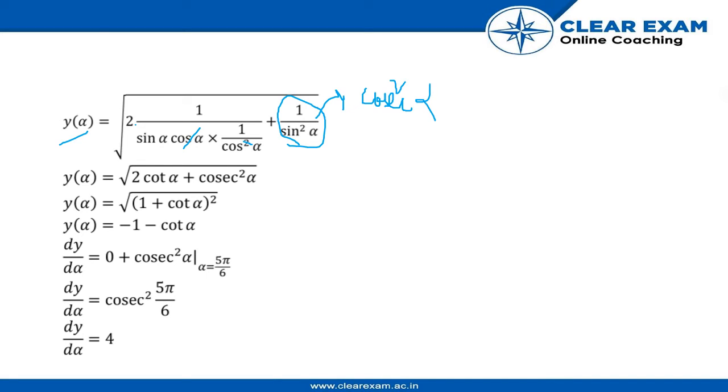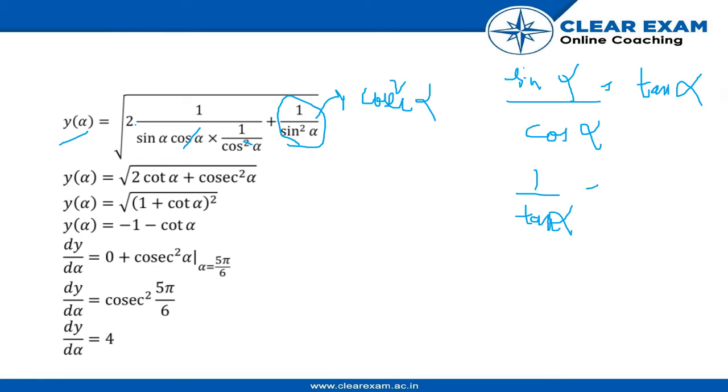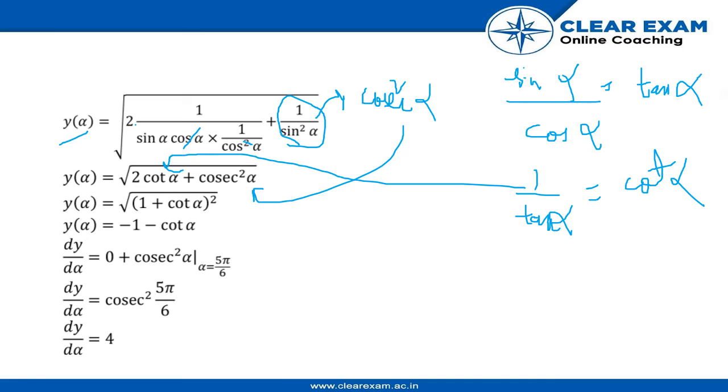sine upon cos, sine alpha by cos alpha is tan alpha, but in this it's 2 into 1 upon tan alpha, and 1 upon tan alpha is cot alpha. So simply put this here and this here, so we end up getting 2 cot alpha plus cosec square alpha whole under root. Now